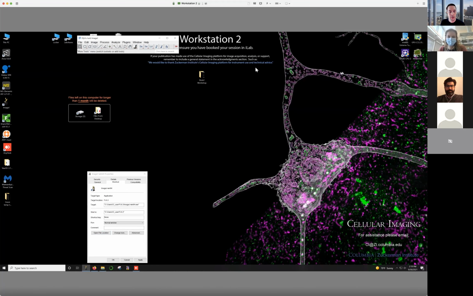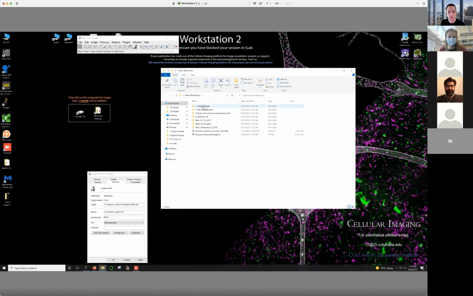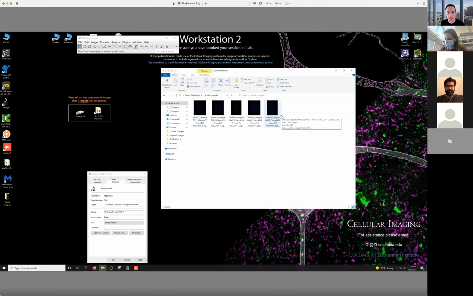Okay. So the first thing I wanted to show you is just a very basic example so you can have an idea of how it processes the raw data. So in here I have a folder. This is just 5 images from the slide scanner from a brain data set. And probably the first trap that people fall into: you can use data from the slide scanner, it can be data from a confocal as well. If it's from a confocal or something where we don't know the coordinate system on the stage, then